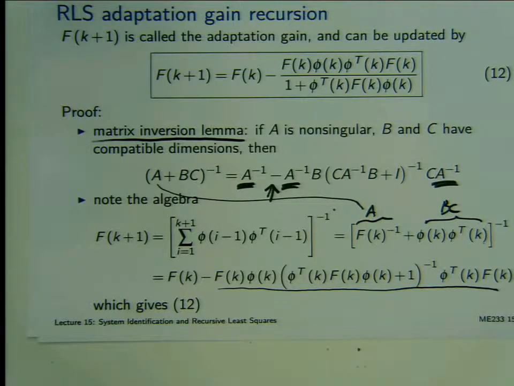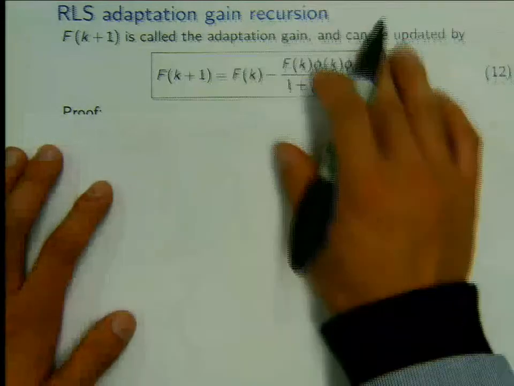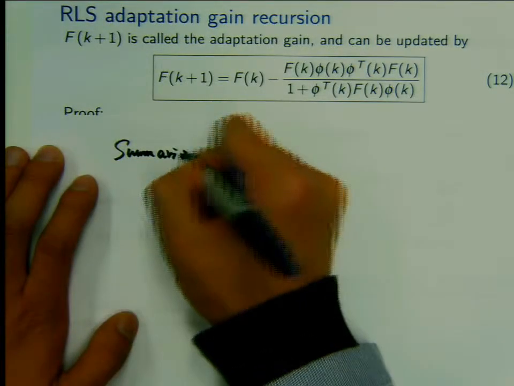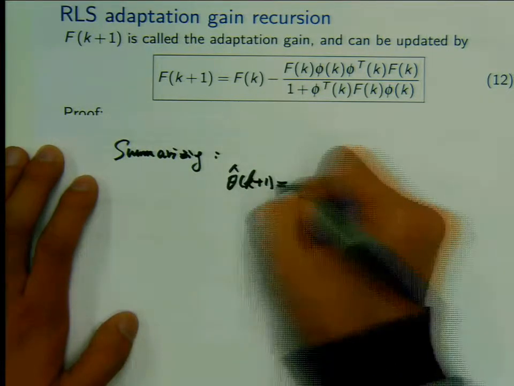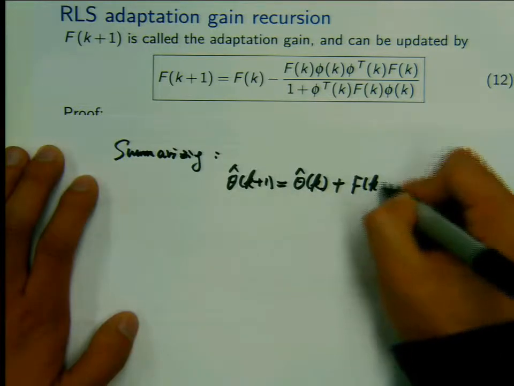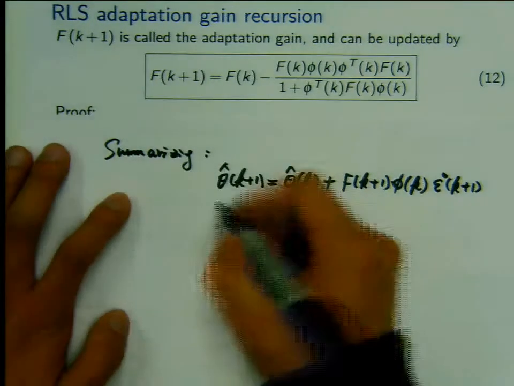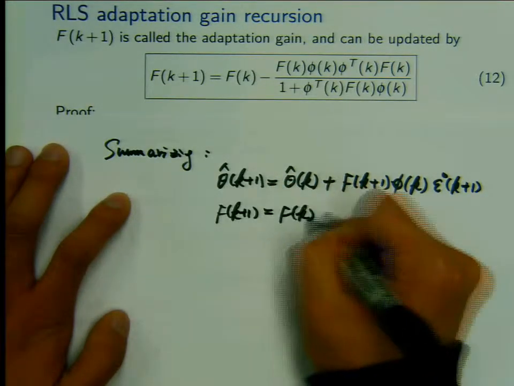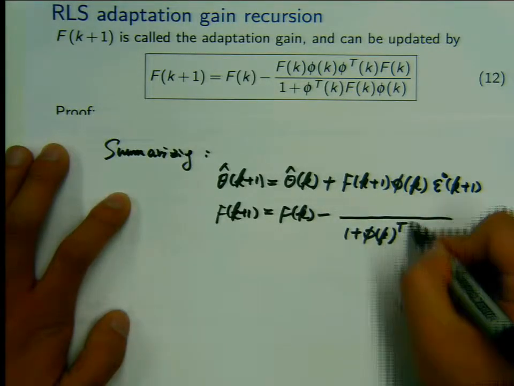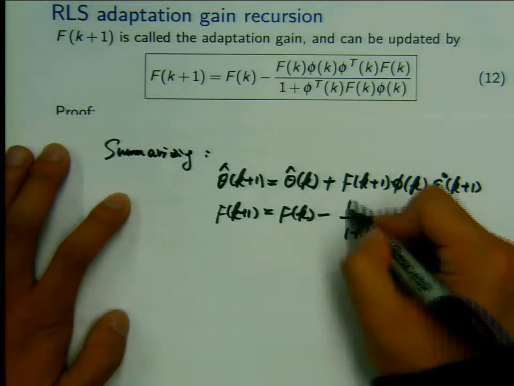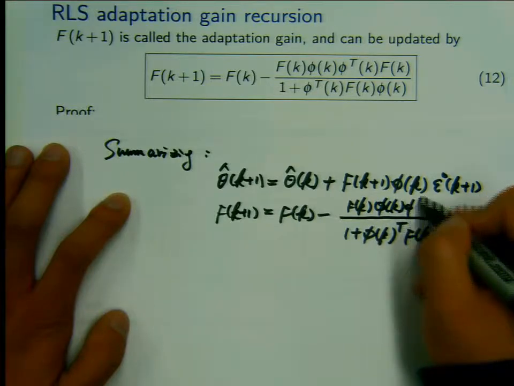So let me do this now. Let me do this. So up till now, if we summarize what we have obtained, summarizing, we have obtained theta hat k plus 1 equals theta hat k plus Fk plus 1 phi k epsilon 0 k plus 1, with Fk plus 1 equal Fk minus also,